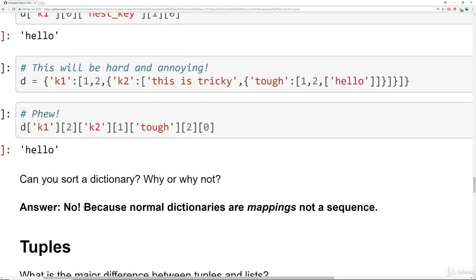Why or why not? The answer is definitely no, you cannot sort a dictionary because normal dictionaries are mappings and they're not a sequence. And if you're a beginner and you're dealing with really small dictionaries, this definitely isn't clear at first, but I can't stress enough that normal dictionaries are mappings and not a sequence, and they cannot be